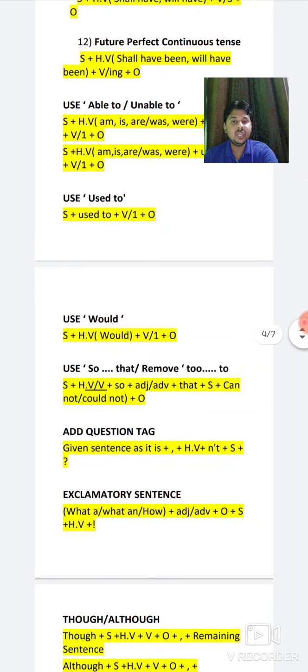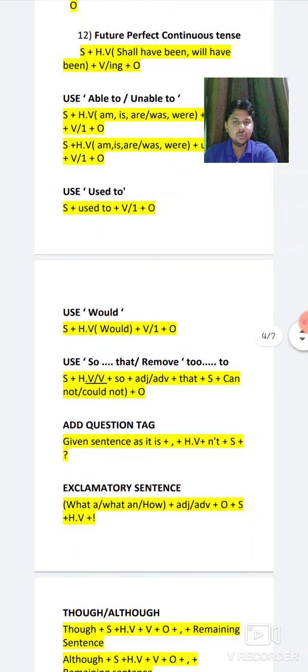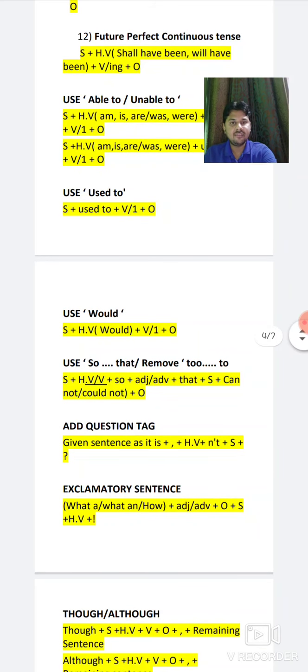Next, the structure of use, used to. One of the rare topics, students, but we don't have any fixation on what topic will come in the exams. It means that we have to study all. So use, used to, is one of the easy formats in the English language. Just try to understand. First of all, subject will be there, second directly used to will come. Use the proper spelling of used to.